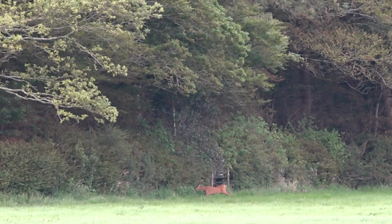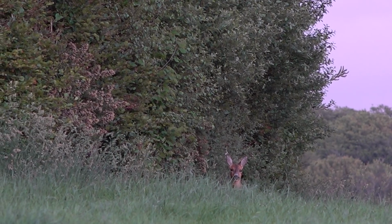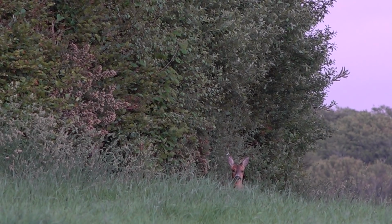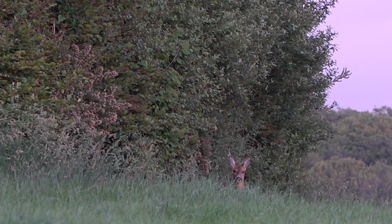This is what she looks like in his thermal. It's worth sort of waiting around when there's a single doe, because there often is a buck in tow, because they're quite close to rutting. Not immediately close, but this is when they're starting to sort of get an idea of who they fancy and things. But we waited for no buck, and then I thought I saw a little bit of movement on the